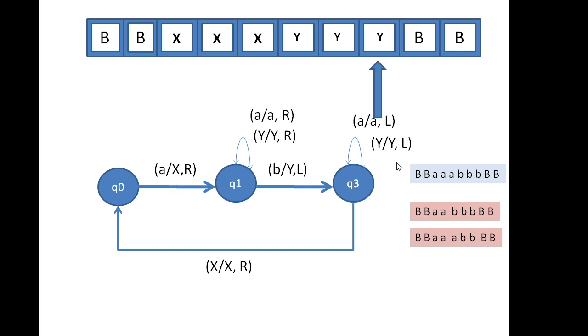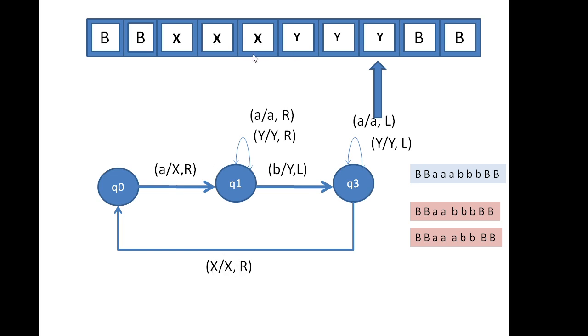Now the next is, if after Y you get an X. So what is this situation? This is the last situation. This A is converted to X, then I go over here, this B is converted to Y, again come over here X, then Y, again come over here X, and then Y. Again when I traverse, I cannot find an A. After a Y, I just found an X. So after a Y, when you find an X, you remain at X only and keep moving right.